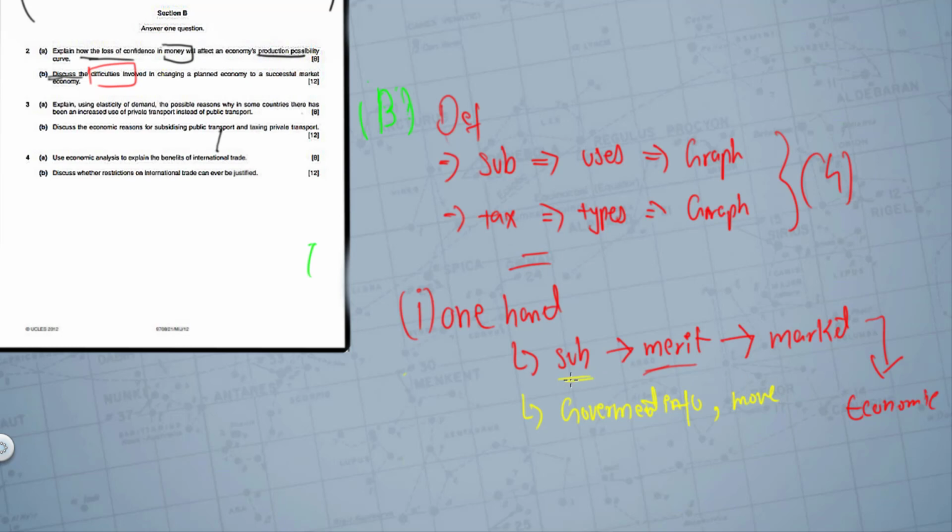Provide one side of the argument where you're trying to show how subsidies help the market, how subsidies help private transportation, public transportation. On the other hand, balance the argument by saying, hey, yes, this is true, but this may not always be true. In what circumstances? Two points I have given. One of them could be that government does not have information. There's a sense of government failure. And secondly, maybe it's time to move on. Maybe it's more efficient, more beneficial to subsidize something else. So again, you're trying to balance the argument. On the other hand,